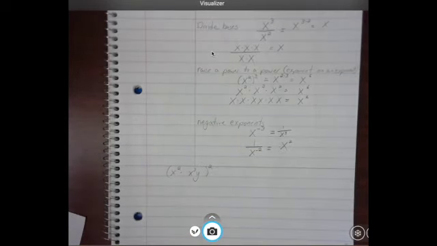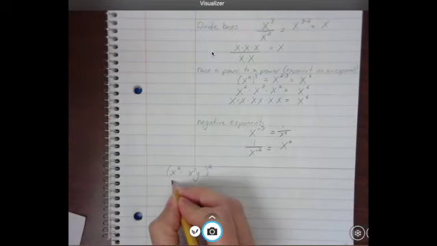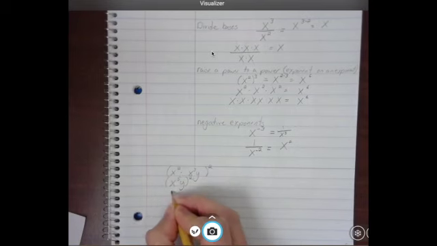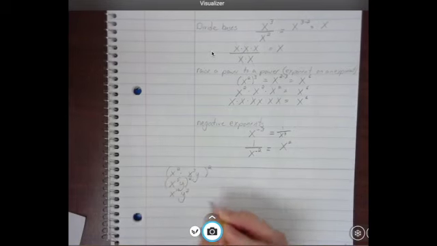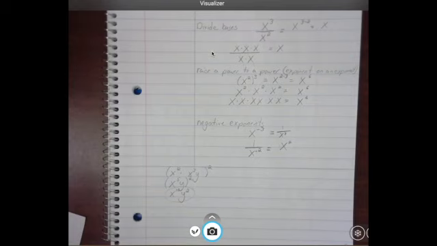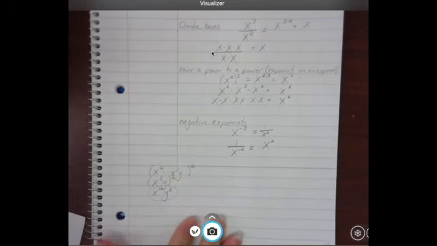Go ahead and pause the video, try to figure this out, and see if you can do it. I'm going to do this, but I might not work it out in the same way you did. As long as you came up with the same answer, it'll be okay. That's x to the 10th times y squared. Another way you could have done this